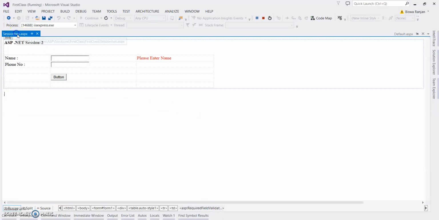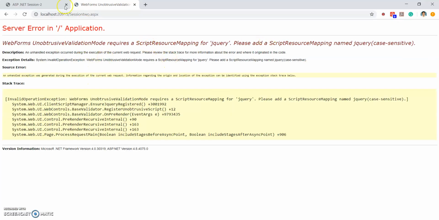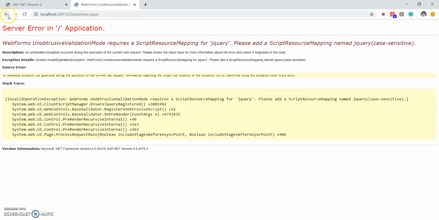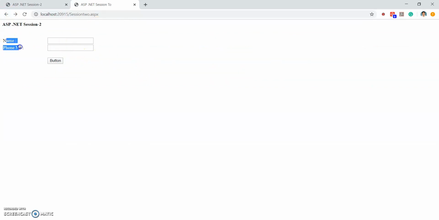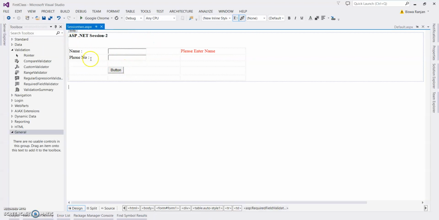Either we can give the file name directly, session2.aspx. So this is our session2.aspx file. It's running. We need to do this mapping; I will show you in our next class. So you can see our HTML control and this is the ASP control. I think you already get the idea of how we can add different controls to our application.